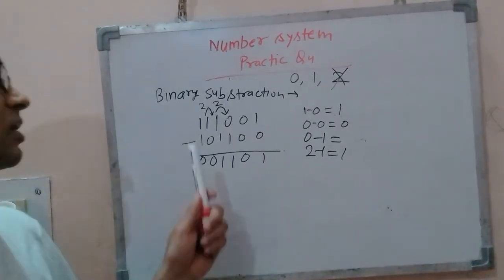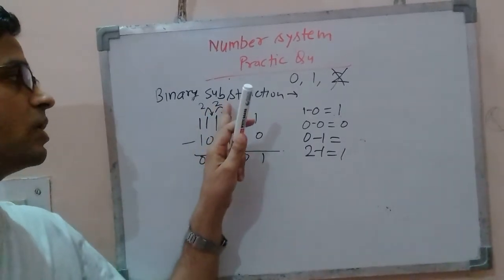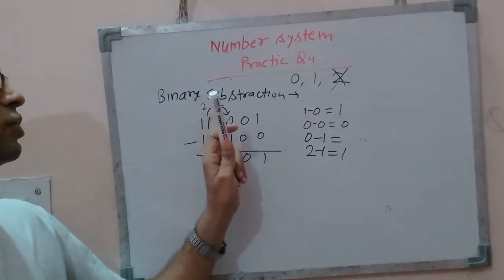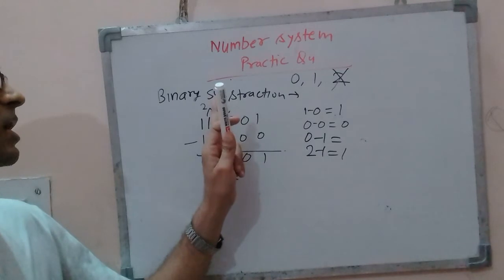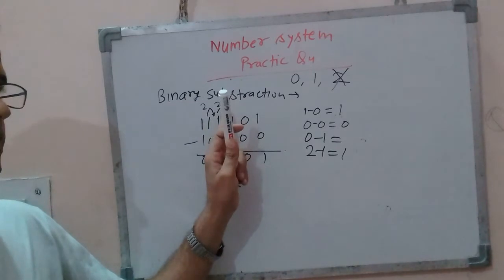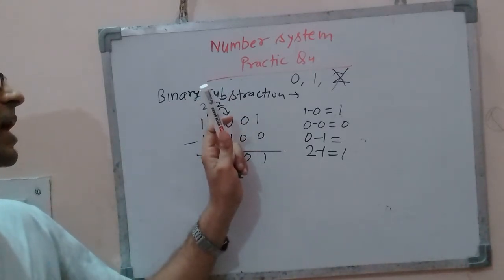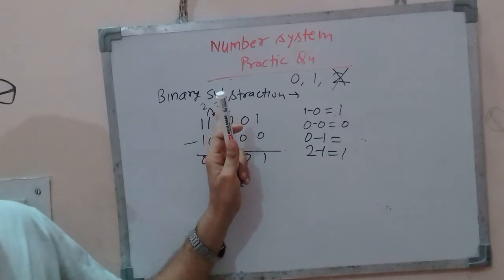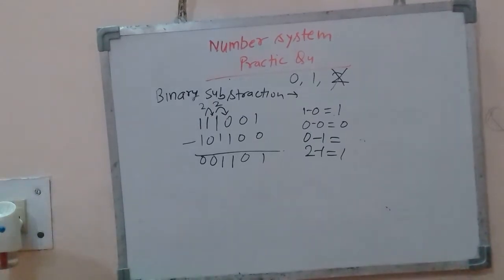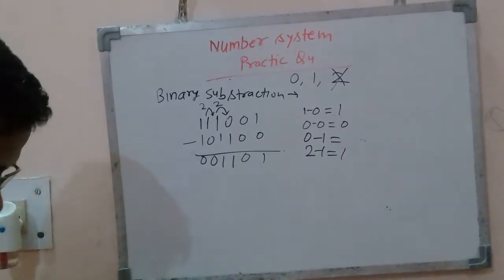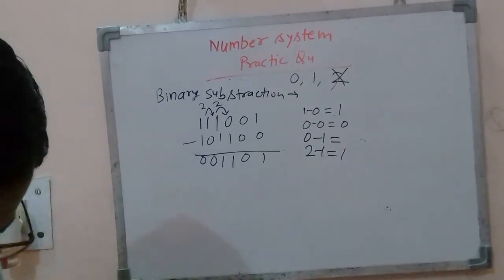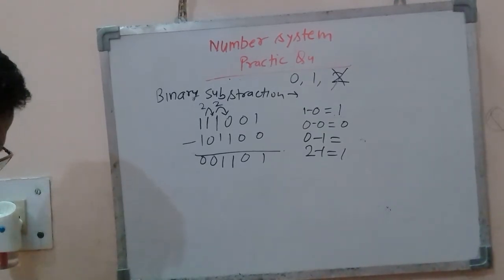So basically, borrow in binary subtraction will be equivalent to 2, which is the base or radix of this binary number, right? You should not think if I take borrow from here, then it will be 1 instead of 2. No, this is not 1. When you borrow from the previous stage, you will write 2 here and not the 1, right? Because the base of binary number is 2. Right? Baat saaf ho gayi. Likewise, you can practice n number of questions, where n is any number of questions.